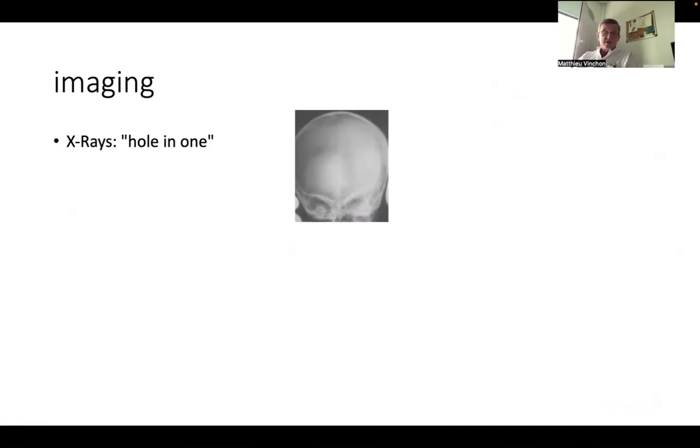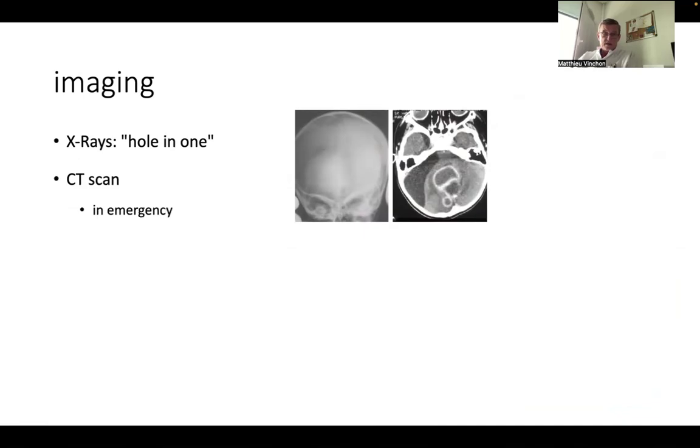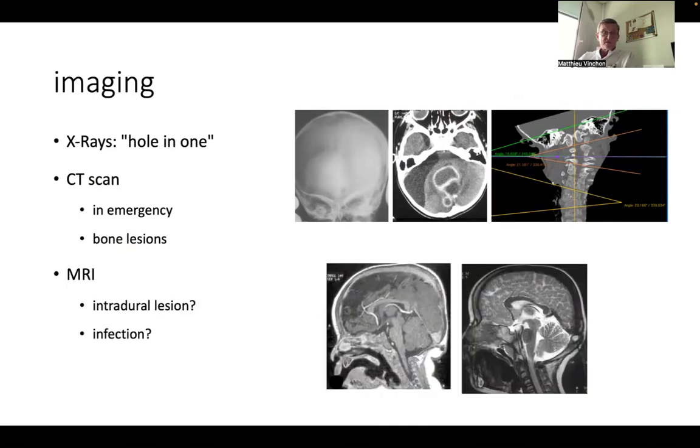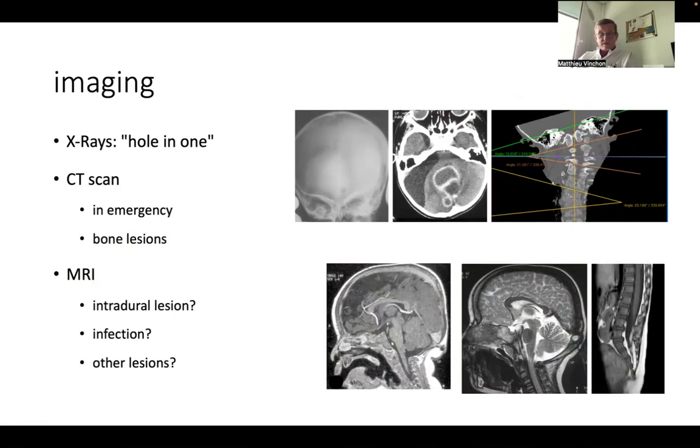The imaging can show on the X-ray the famous hole-in-one, because you have a hole in the skin, the bone, and the dura mater. You have the CT scan, which can show in emergency a cerebral abscess, like here, and can be also useful to explore the spine, like in this case, to measure the inclination in the different directions. But the main exam, of course, is the MRI, which can show the tract of the fistula from the skin to the dura. It can show signs of infection, and we should look for other lesions, like here we